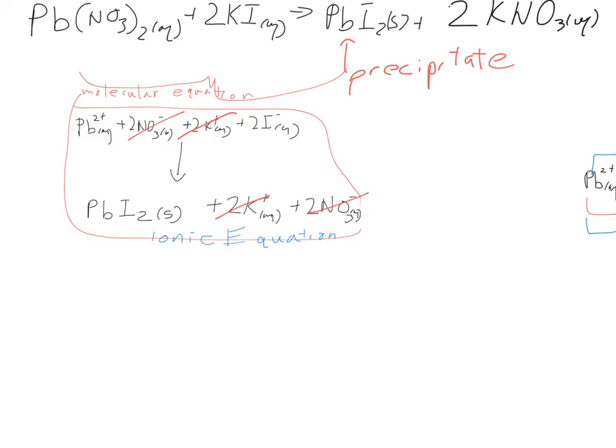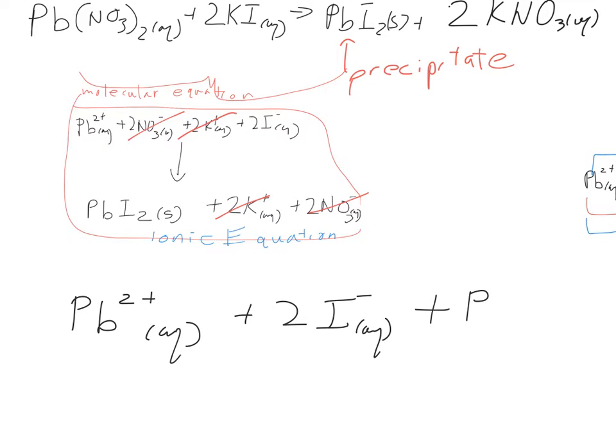So if we were interested in telling the core story of the reaction, we're really focusing on just the two ions that fell in love, our iodide and our lead. We would say that this is the reaction that actually took place. We would refer to this view as our net